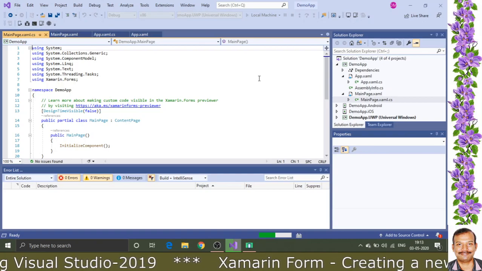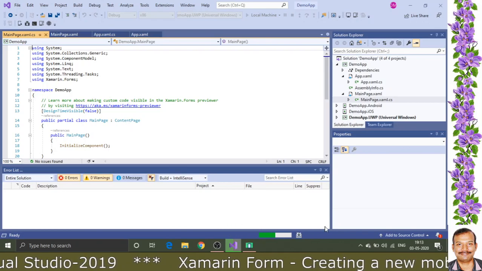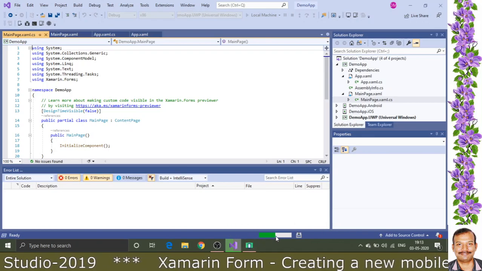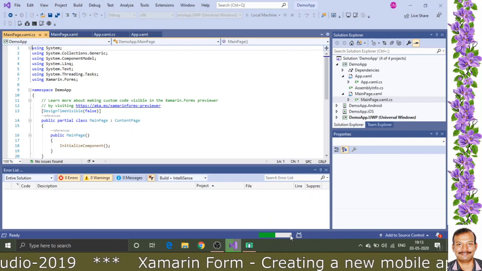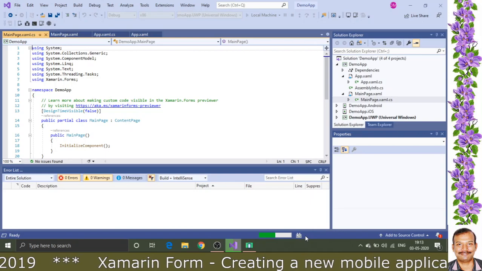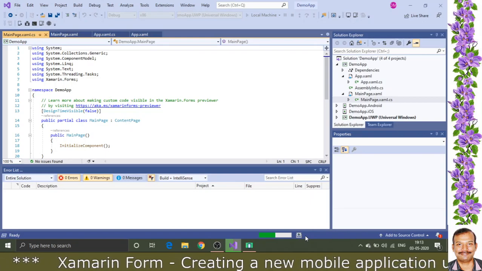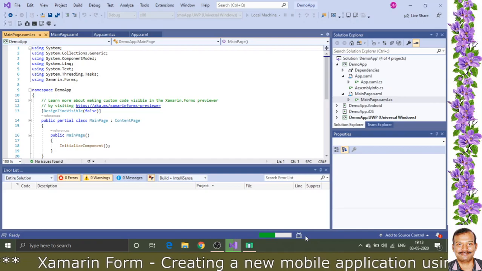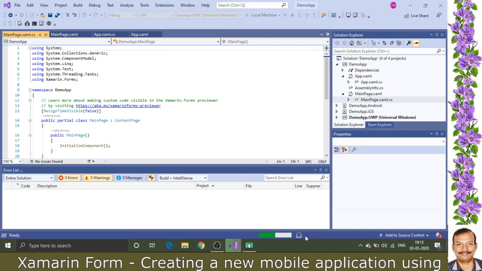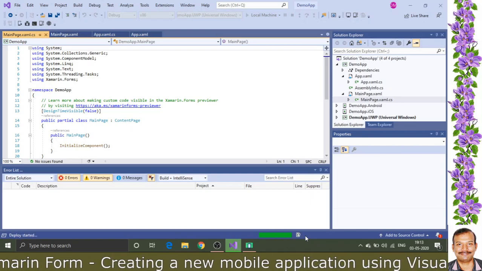The progress of the application deployment will be shown in the status bar. You can just see now it is almost saying that 50% is completed, and you'll be seeing that this icon will be changing, whether it is creating, whether it is deploying or it is loading in your emulator. All these information will be shown here. Again, as I said earlier, it might be taking 2 to 3 minutes depending upon your RAM capacity.